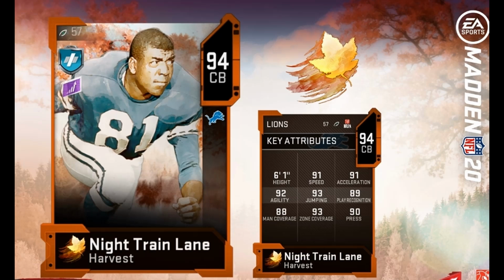So, if you have like Ray Lewis or Khalil Mack, people with the big hitter trait, you'll see that every once in a while they'll just go on ahead and give you a huge big hit animation. And as of now, there's only 2 cornerbacks in the entire game, one being Mel Blount and the other being Mel Renfro. Again, those are the only 2 cornerbacks in the game with the big hitter trait. I'm assuming this Night Train Lane will be the 3rd in the game with the big hitter trait, so looks